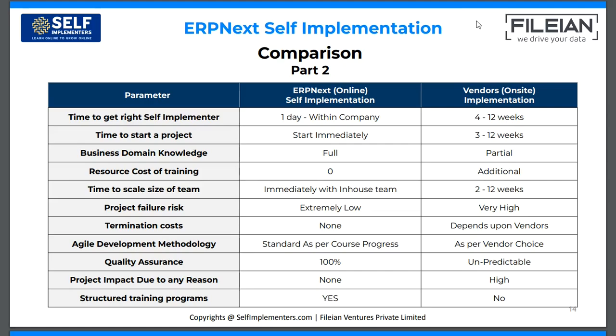In comparison part 2, about the time and other things. Time to get the right self-implementer: it requires at least 1 day to decide who is the right self-implementer for our online self-implementation. In case of a vendor, it takes almost 4 to 12 weeks. Time to start a project: you can start immediately in case of ERPNext online self-implementation. In case of a vendor, it takes 3 to 12 weeks, because the vendor will come to your site,